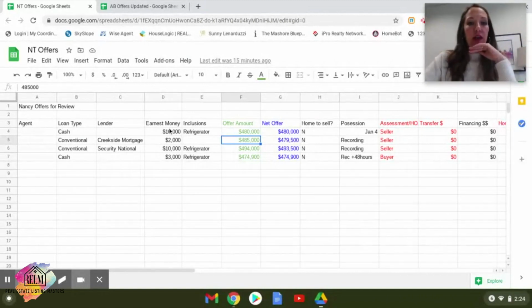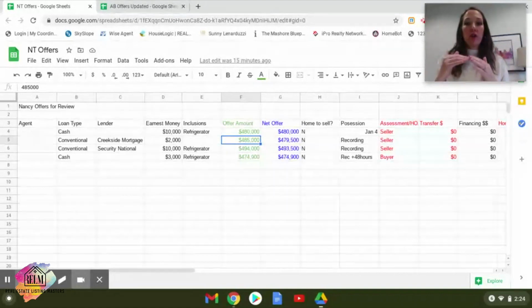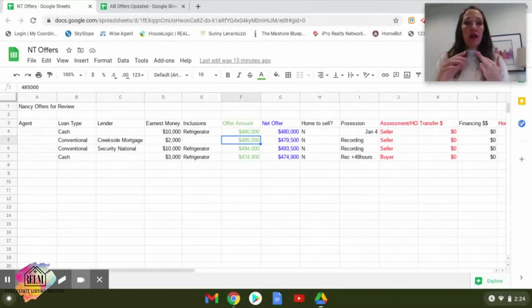The next section I have is their earnest money. How much earnest money is the buyer willing to put down? We know that in an offer, every little detail makes up the big picture, and that's what I'm trying to paint here for my seller. I'm putting all of the little details out line by line so that when we jump on Zoom and do a video call, I can have these ready to see line by line, or I can print this off and present it in person as well. It's really easy to review the details side by side.